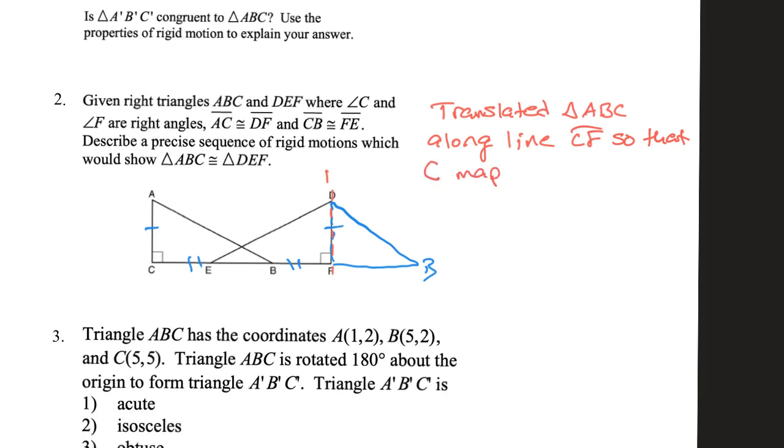maps onto F. Now that will give me, if I do that, C is going to go onto F, and therefore A is going to go onto D, and that'll get me this other triangle. And then I have successfully translated ABC so that AC is right on top of DF. All right. So then the second thing that I would do is then